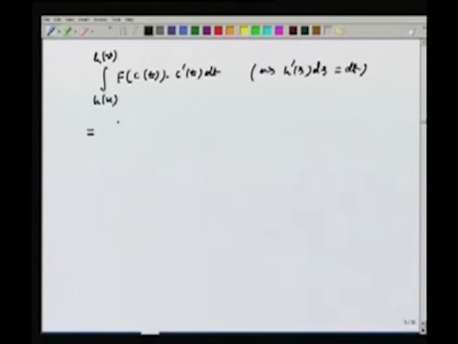But now observe that H(u) is equal to a and H(v) is equal to b. So what I get is f of C(t) dot C prime t dt, which is nothing but the line integral of f over the curve C. Now if you look at the previous example,